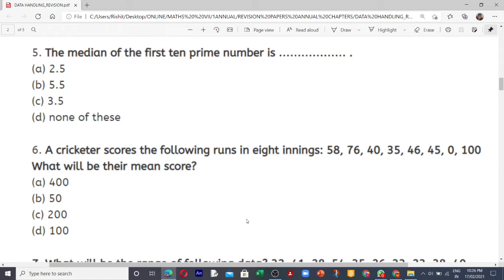So the mean formula, you know it, apply it, children. Find out the sum and divide it by that value. Which value? I don't know. You have to do it, because you are giving a test right now. You are evaluating yourself, how much you know. It will take time, I know. If you will do the things, it will take time. So I am also waiting, children. I am waiting for my students.